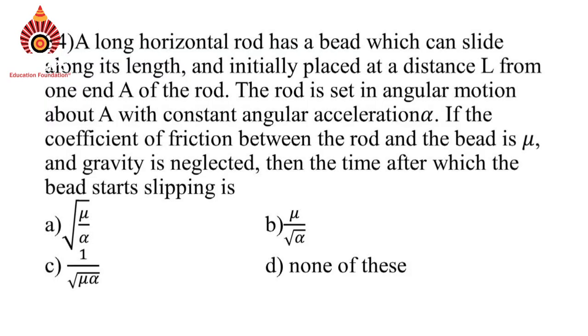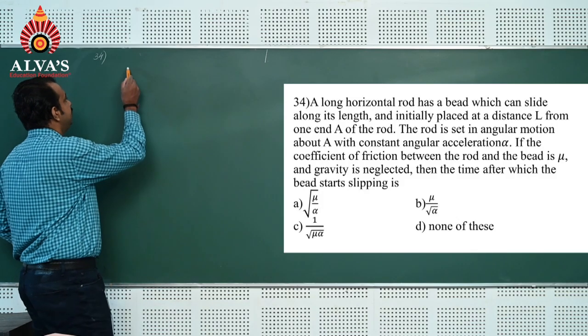Question number 34. A long horizontal rod has a bead which can slide along its length and is initially placed at a distance L from one end A of the rod. The rod is set in angular motion about A with a constant angular acceleration alpha. If the coefficient of friction between the rod and the bead is mu, gravity is neglected, then the time after which the bead starts slipping is? You just consider a rod,